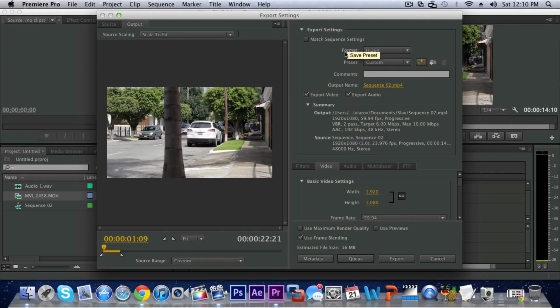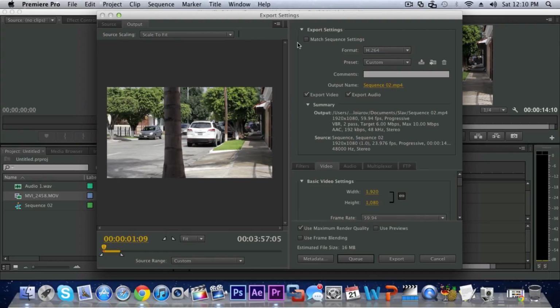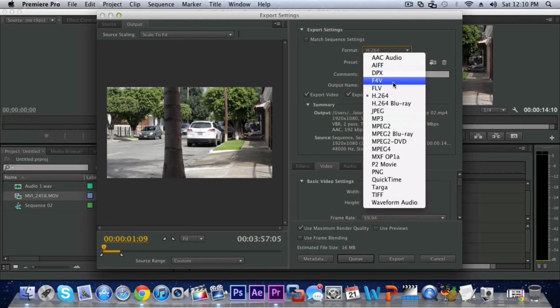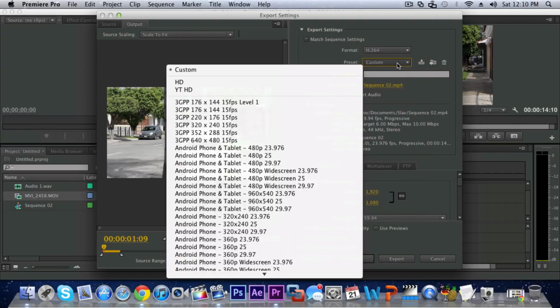So first, you do not want to use match sequence settings, because that will make the export very bad, and you will have very low quality. So you want to uncheck that if you for some reason have that checked, and then under format you want to click that and select H.264. That is the best codec. And then in preset,